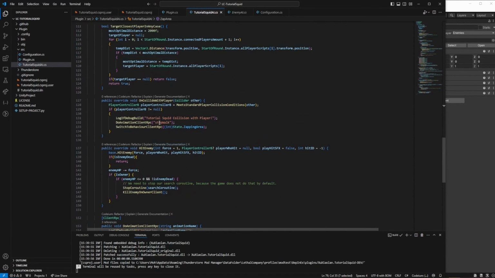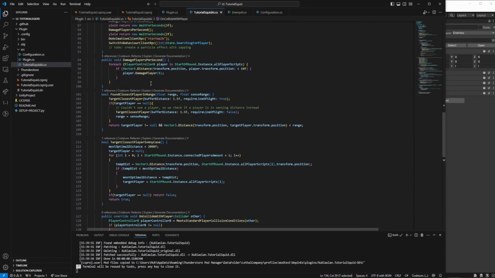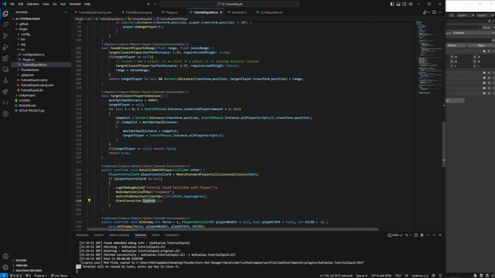and let's go back to our collide code. If player control B is not null, you need to stop walk, you need to stop zap area, but you also need to start the coroutine for the zap area. Because it's an IEnumerator, this is how we call it. We start coroutine. Just be careful that you make it